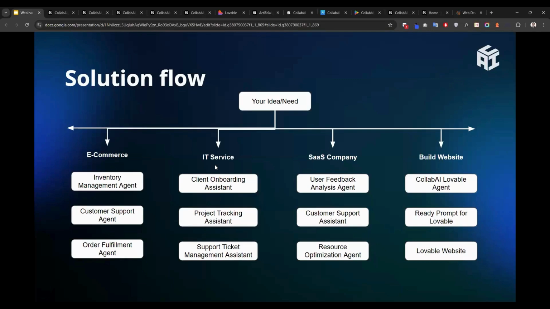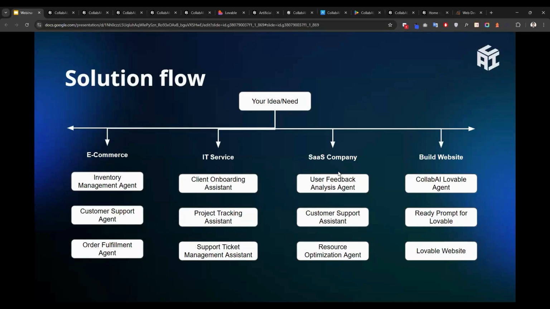If you're giving an IT service, the most problematic issue is how you'll onboard clients. From client onboarding to customer support management, all of this we have automated. We have personalized agents, so you can have this service with the lowest maintenance.